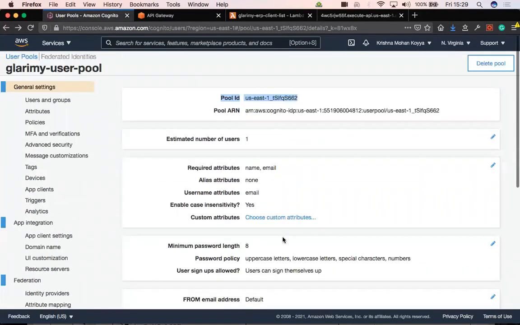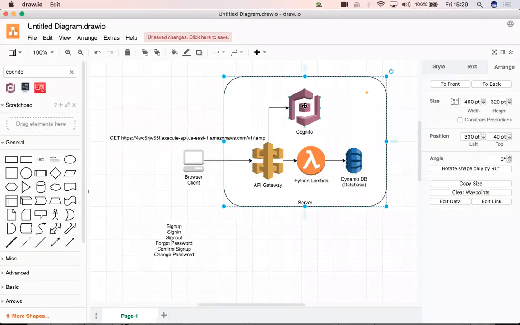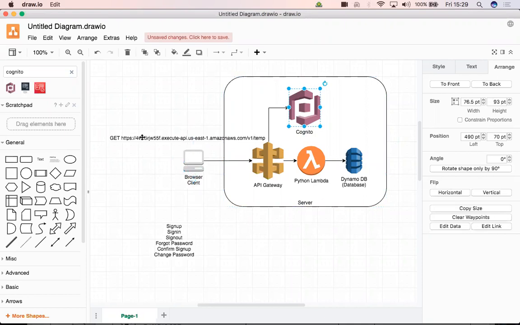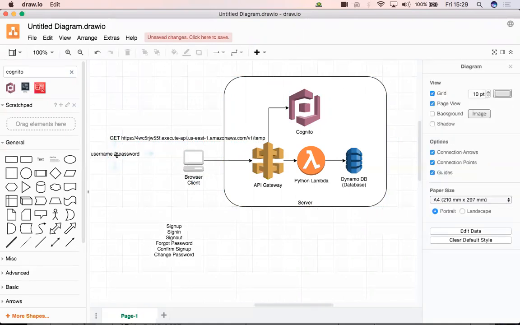Unless the user is registered with this user pool and is enabled and confirmed, they cannot cross this Cognito. So for this to work, the browser should, along with the URL, also give the username and password as registered with the Cognito.